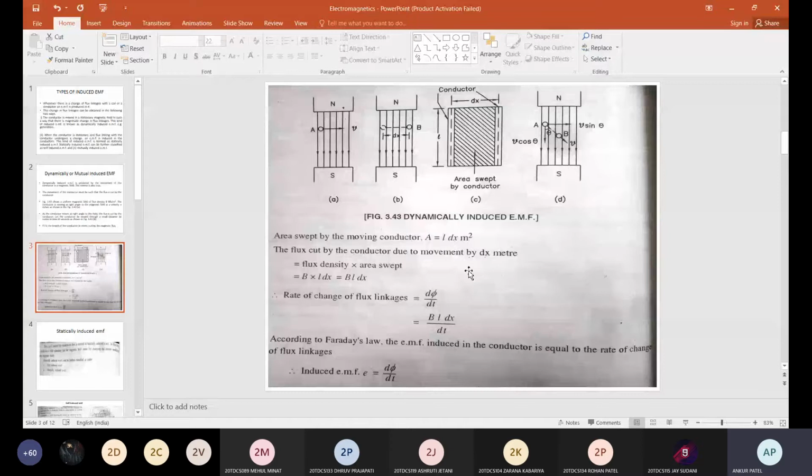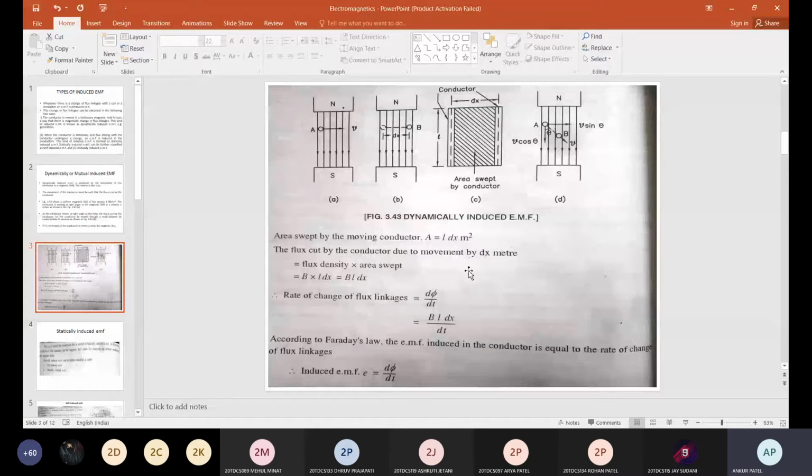Now I am putting the coil at 90 degree. Then what will happen? Maximum EMF. Yes, at 90 degree it is maximum because there is maximum cutting of flux, or we can say the coil is perpendicular to the magnetic field. Now at 180 degree, zero. Again zero, means the coil is parallel with the magnetic field, so there is no cutting of flux.